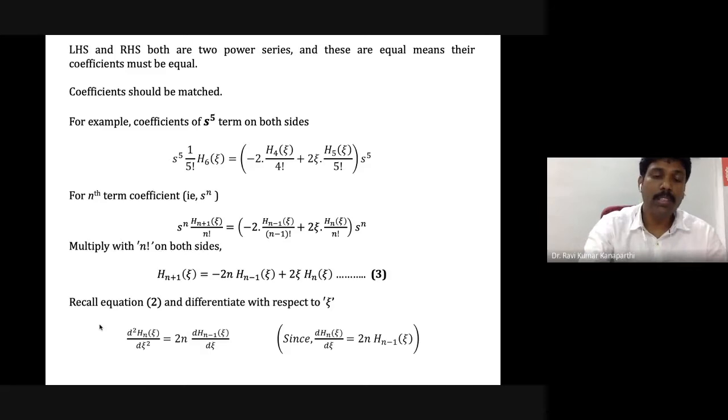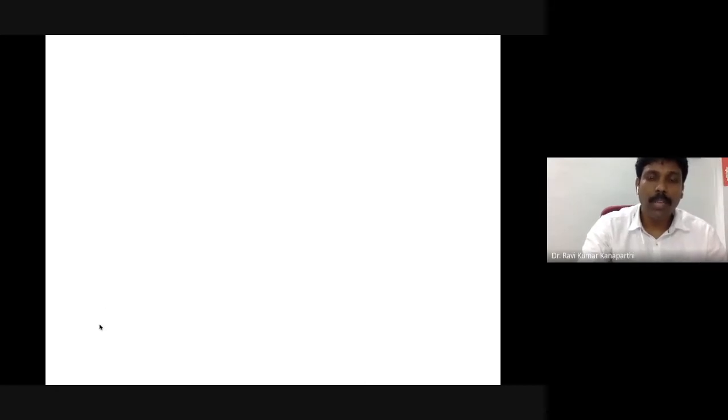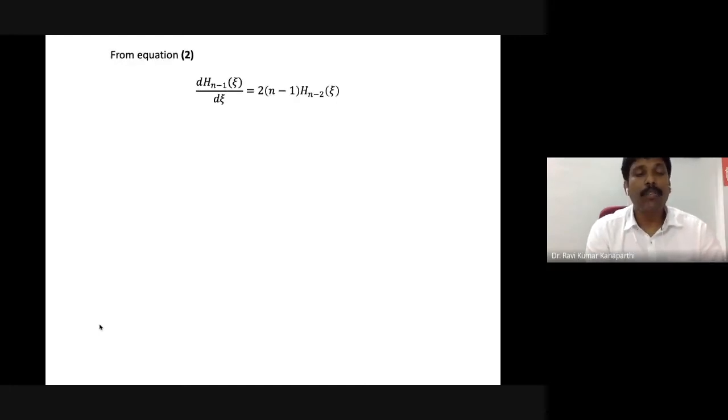So why are we doing all this? Well, it is very simple: I wanted to prove that, since I'm assuming that Hn of z is the polynomial or the solution of the Hermite differential equation, we should actually get that Hermite differential equation. So the first part of our discussion would be mostly proving that Hn of z satisfies the differential equation. From equation number 2, we already have d Hn of z divided by dz equal to 2n h n minus 1 of z, right?